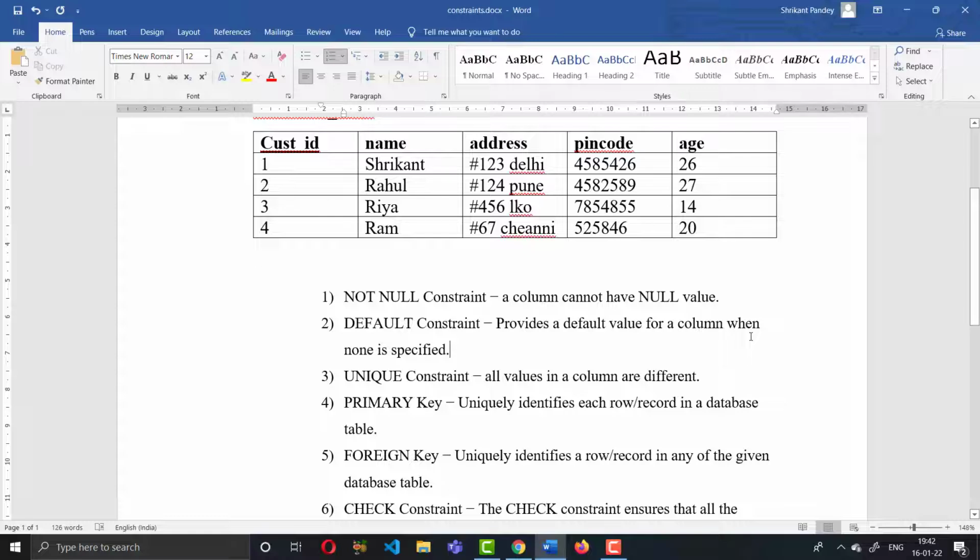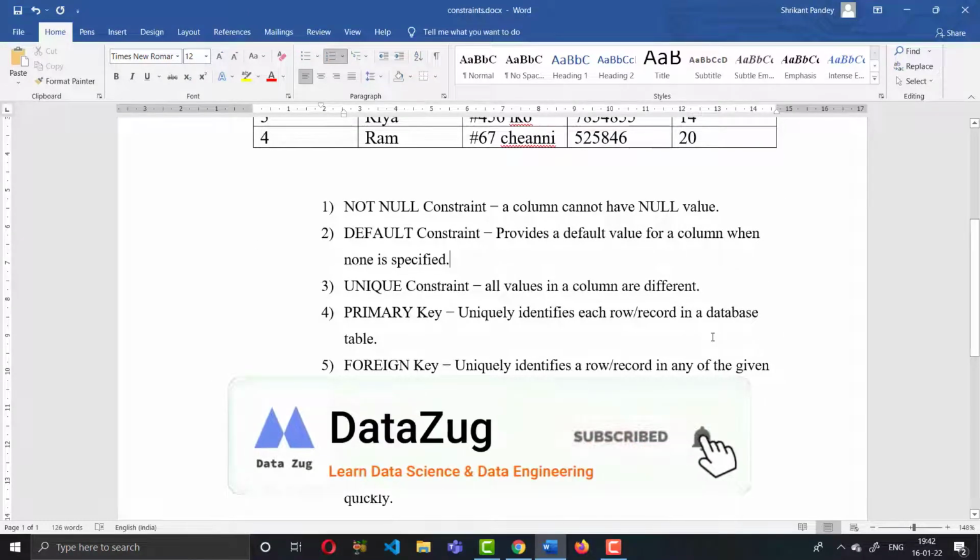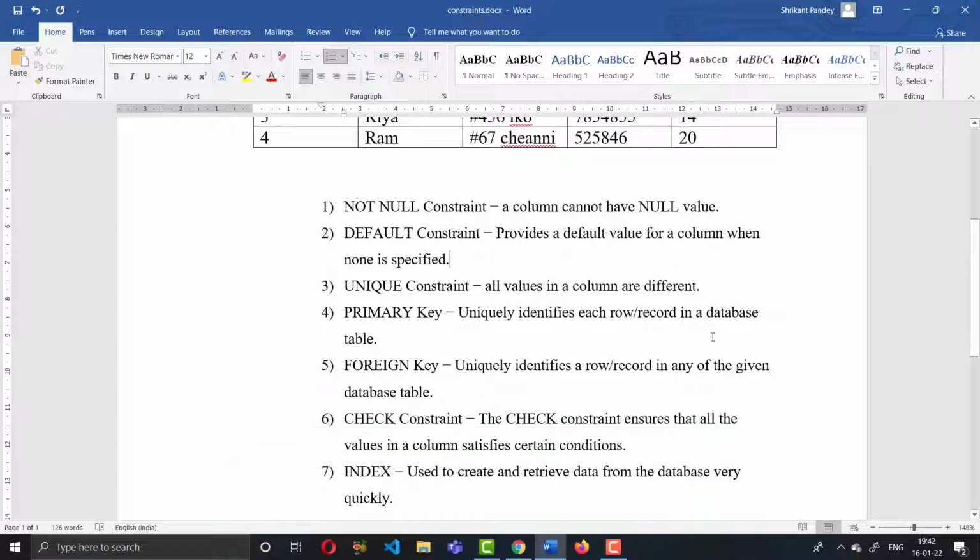In constraints there are seven properties. The first are not null, default, unique, primary key, foreign key, check constraint, and index.